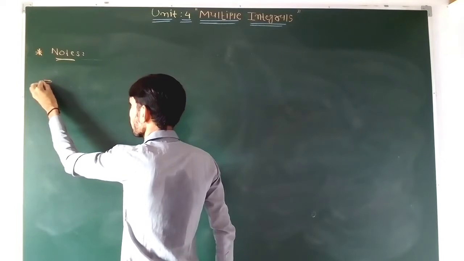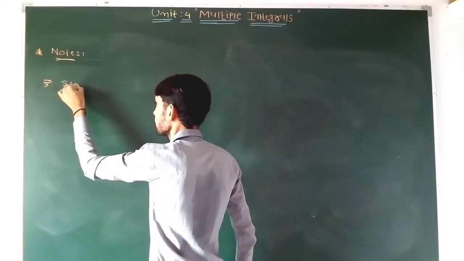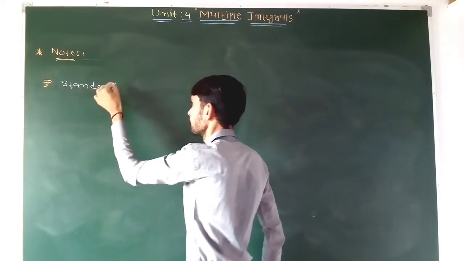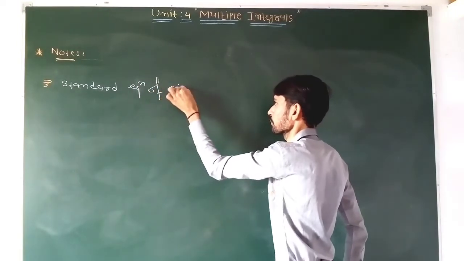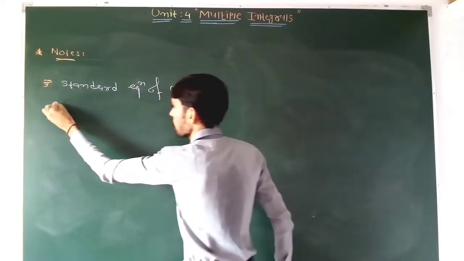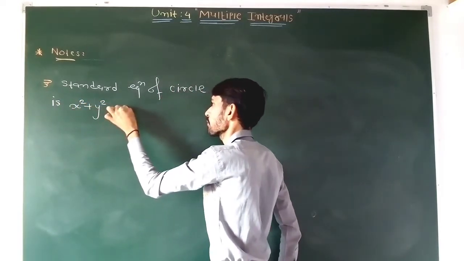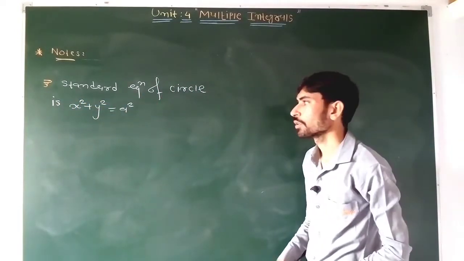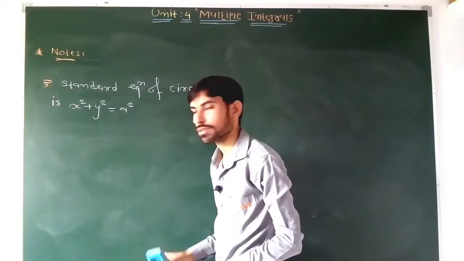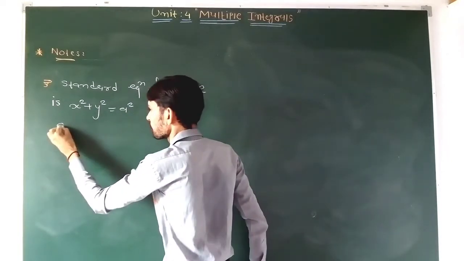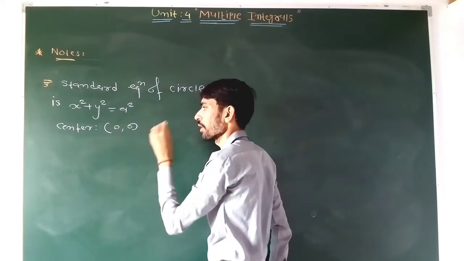Now our next note is the standard equation of the circle. The standard equation of a circle is x square plus y square is equal to a square. As we know, the center is the origin (0, 0), and the radius